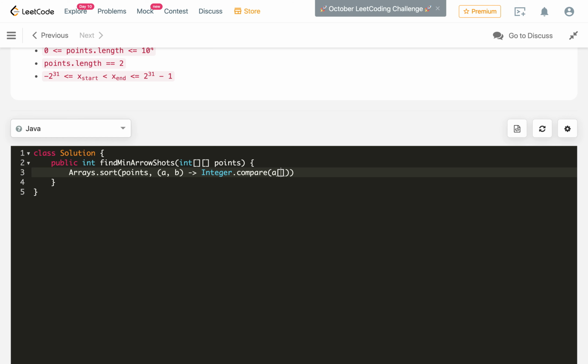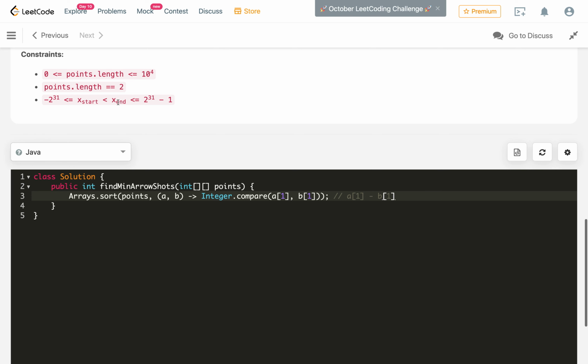compare A of 1 with B of 1. So we will sort in the ascending order of END. So why am I using this Integer.compare method? Earlier I generally used to use A of 1 minus B of 1, but if you see over here the ranges of start or end is very wide. This also includes negative infinity to positive infinity.